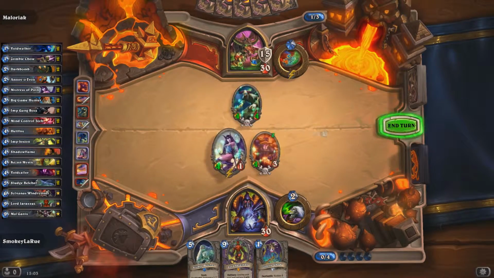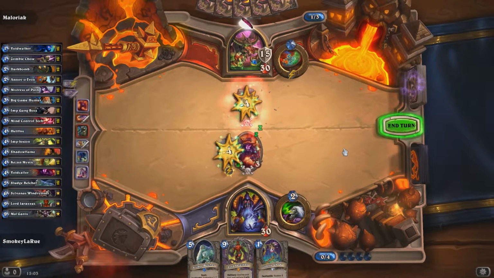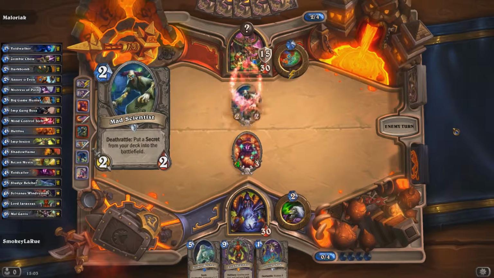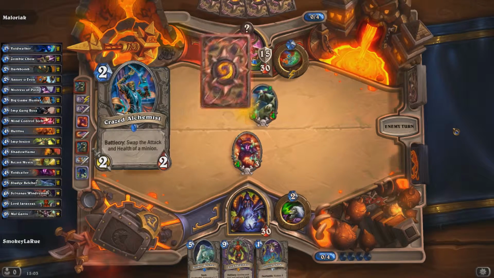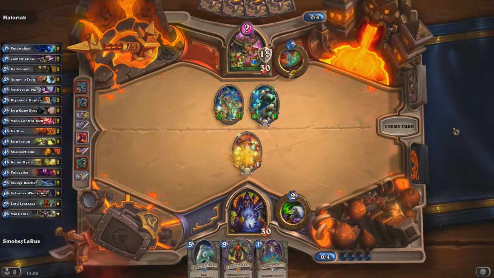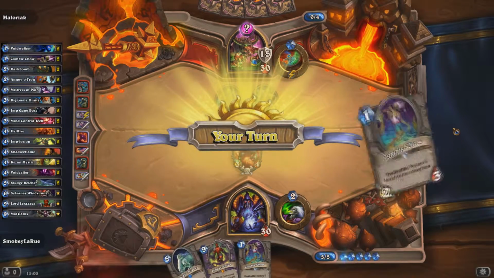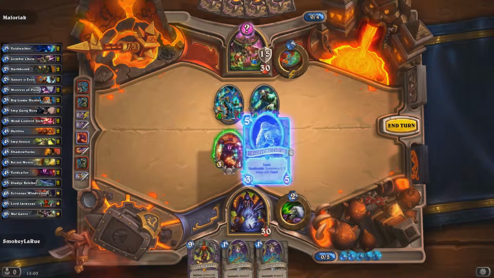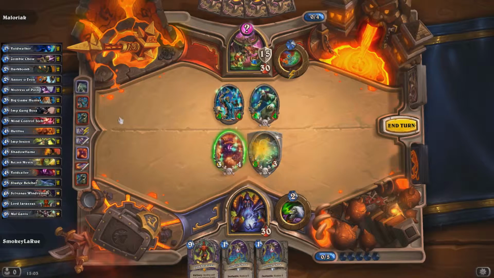The deck I used for this was kind of a Demon Warlock deck, if you can call it that. We've got in here the demon cards, Mistress of Pain, Imp Gang Boss, Void Callers, because we do have a Lord Jaraxxus and a Mal'Ganis in here for later on. And then we've got a couple of mind control techs. We do have two Kezan Mystics in here because Maloriak